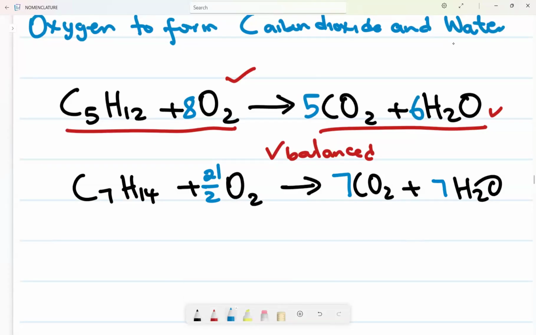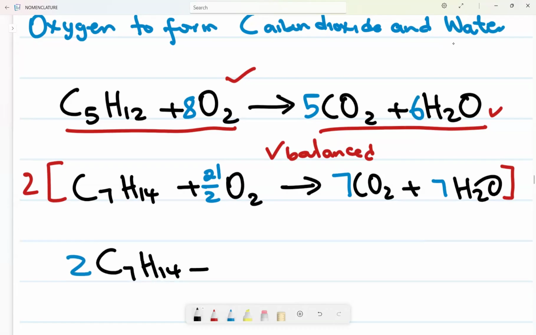So instead, you multiply everything by the denominator, which is 2, to remove the fraction. If you do that, it's going to be 2 C7H14 plus 21 O2 forming